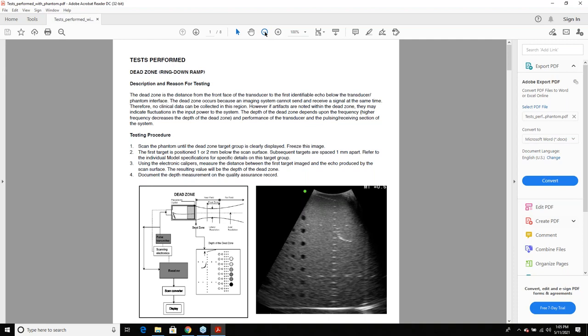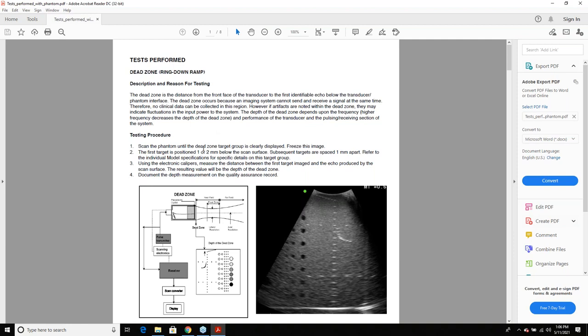Like I said, it's 8 pages long. And it talks exactly what you're trying to do with all the tests that you can possibly perform on a Phantom. Starts off with dead zone or ramp down. And it talks about exactly what you're trying to accomplish during this test. And then it goes on and says the testing procedure. So it tells you the background of the test, basically. Here's why you're doing this test, and here's what we're looking for. And then specifically, how to go ahead and complete the test. So this is page 1 of it. Ring down